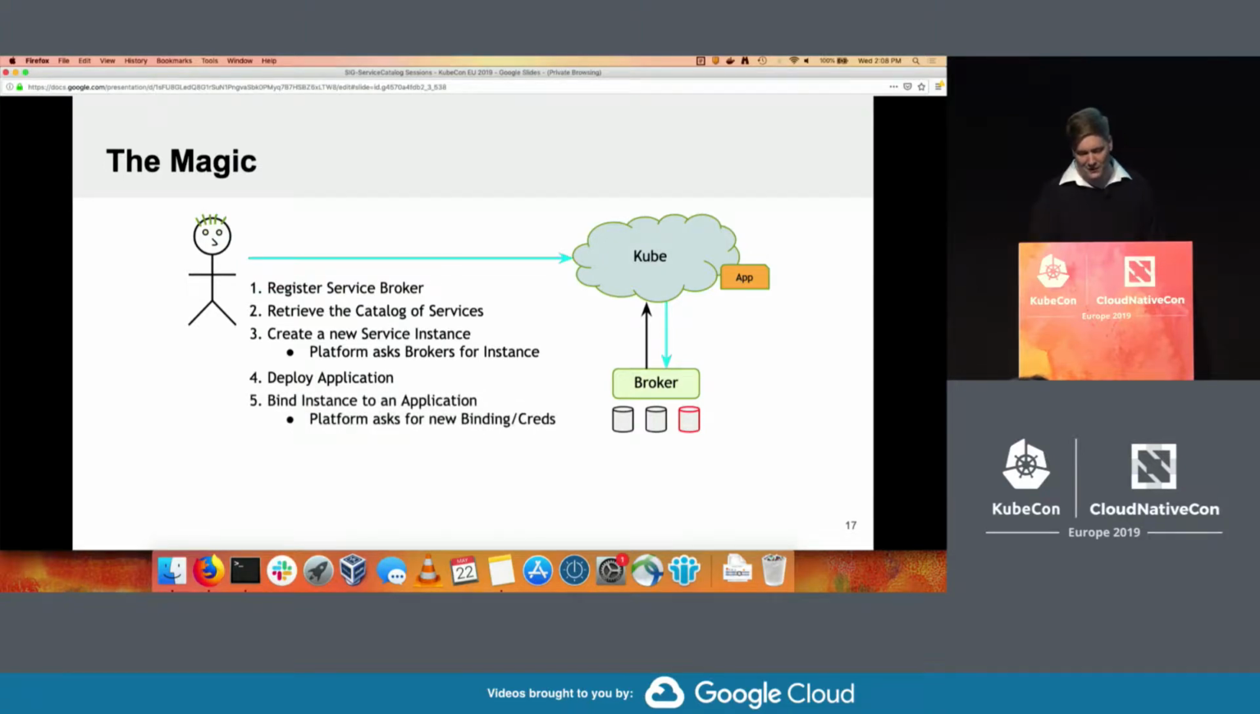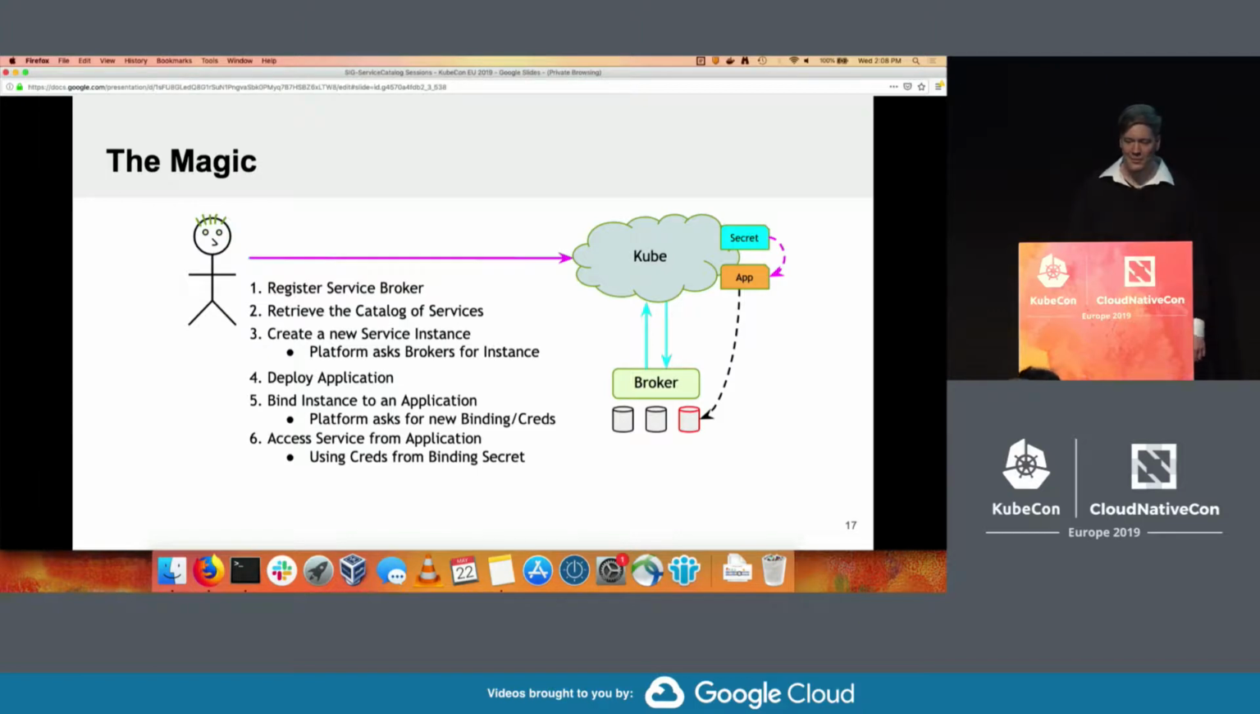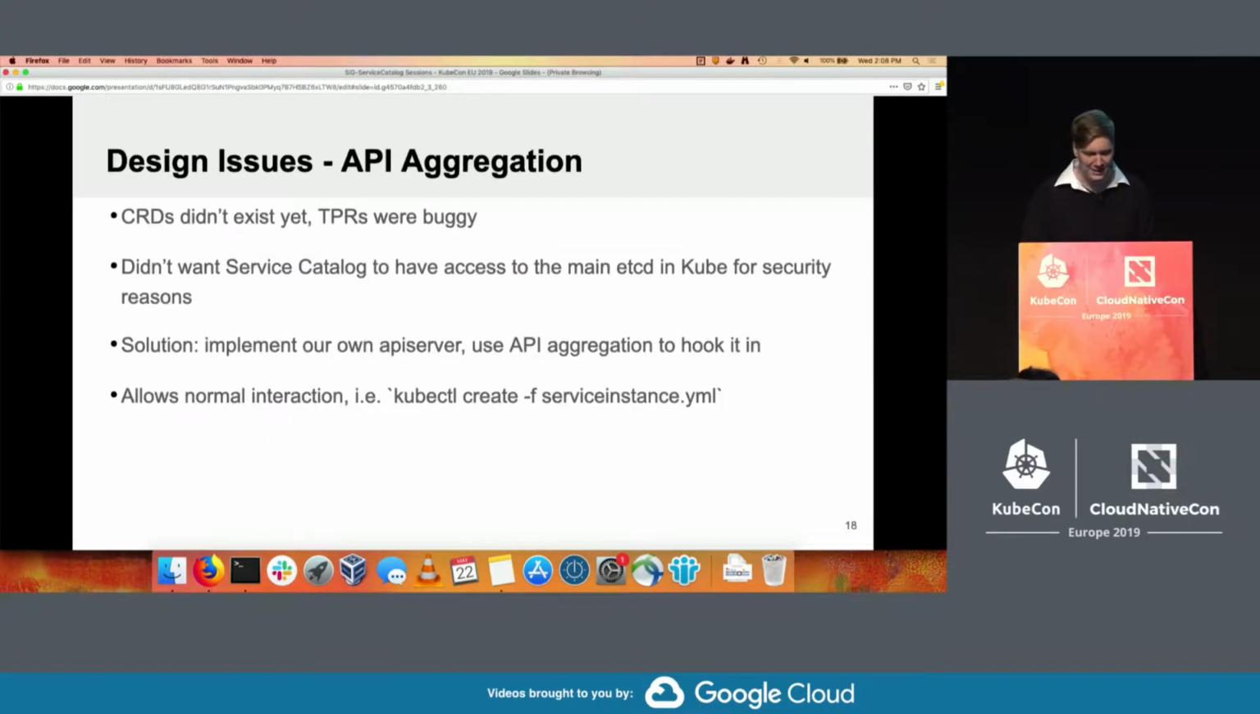And we're going to bind that service instance, which is going to cause Service Catalog to go talk to the broker, get those credentials, create a secret, which is then going to be attached to our app so that it can access it. So that's sort of the workflow, how it actually happens in the back end. I'm going to switch gears at this point and talk about Service